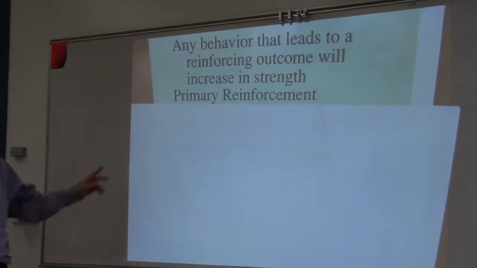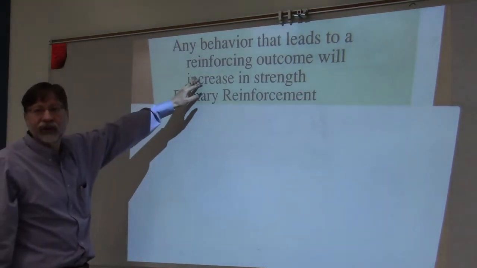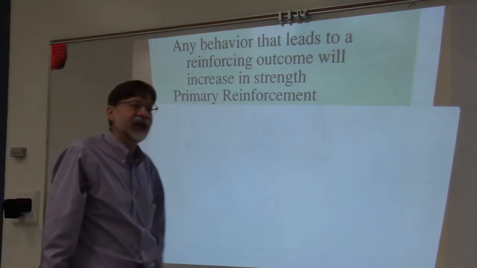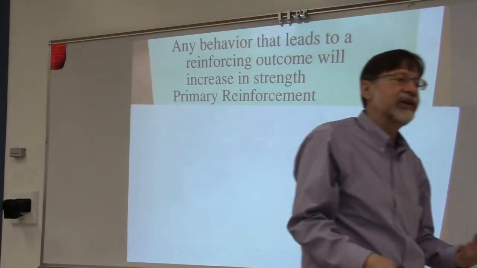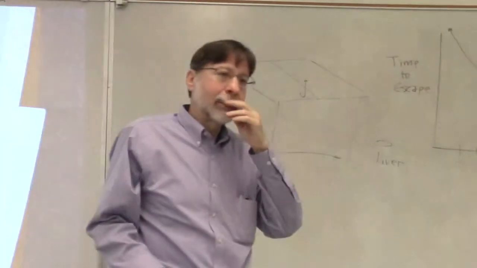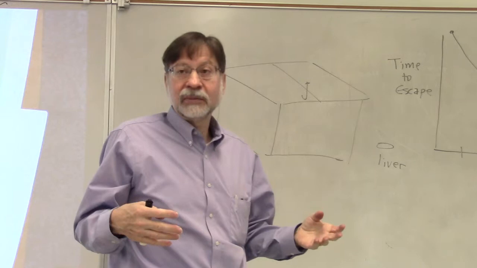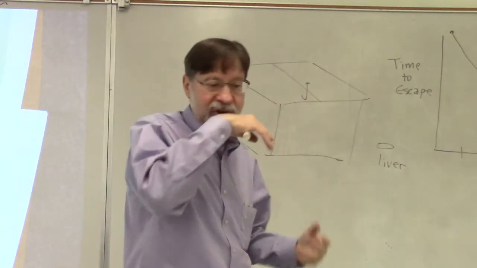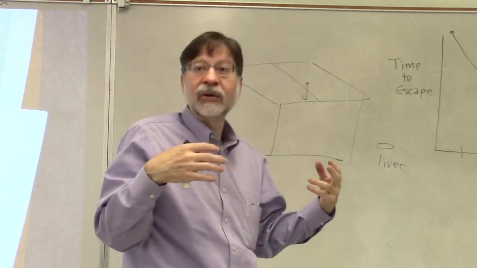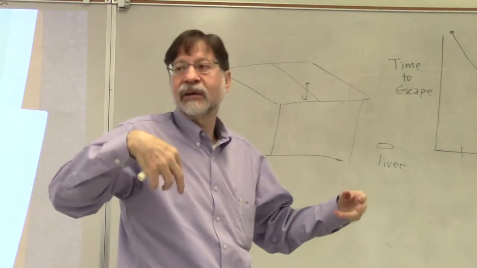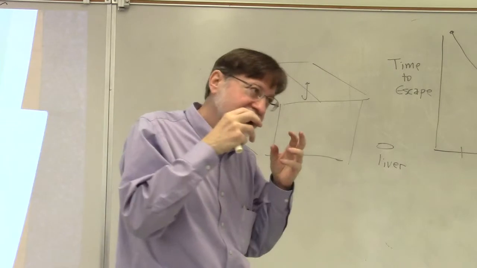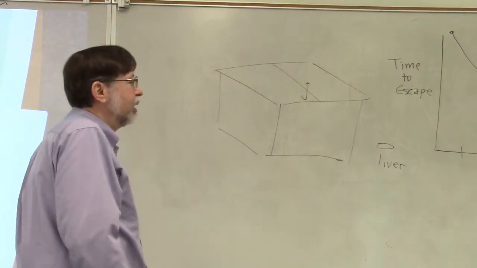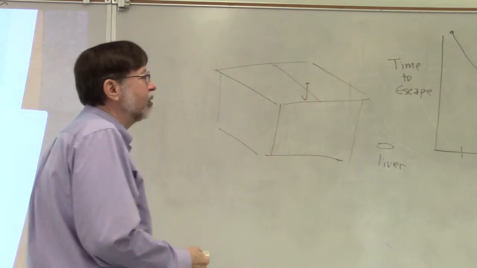He said any behavior that leads to a reinforcing outcome is going to increase in strength. So he said that the cat has a habit hierarchy. It has a list of things it can do. It can purr. It can turn circles. It can turn to the right. It can turn to the left. It can groom its paws. It can meow. It can arch its back. It can do all sorts. It can bite the cage. It can claw at things. And it can engage in these behaviors.